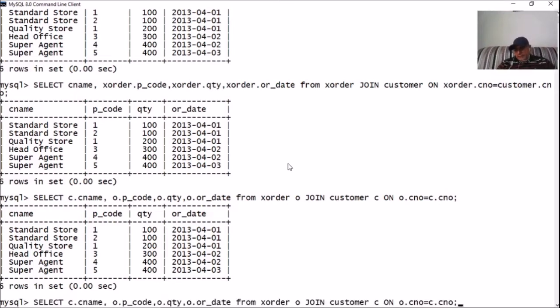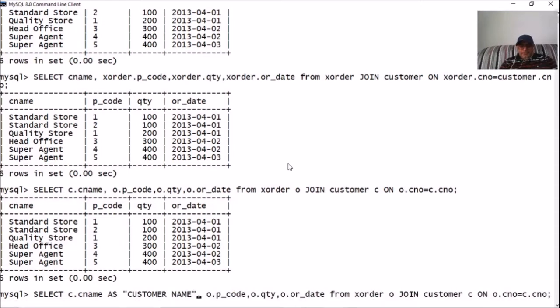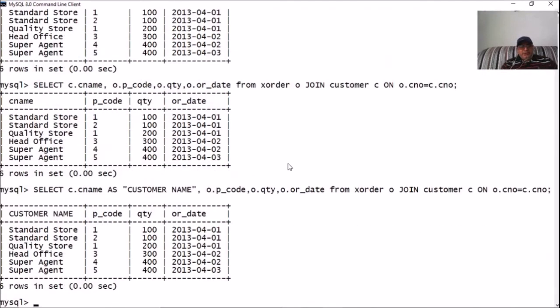With column aliases, we can use the as clause, or we can define them without the as clause. For example, if I want to use the customer name heading for this C.C name, I can use as customer name. Okay, and look at the results.